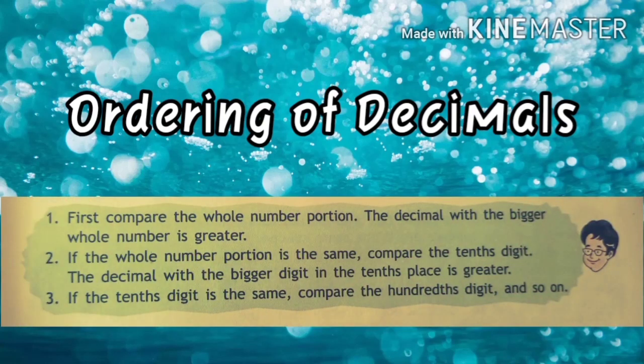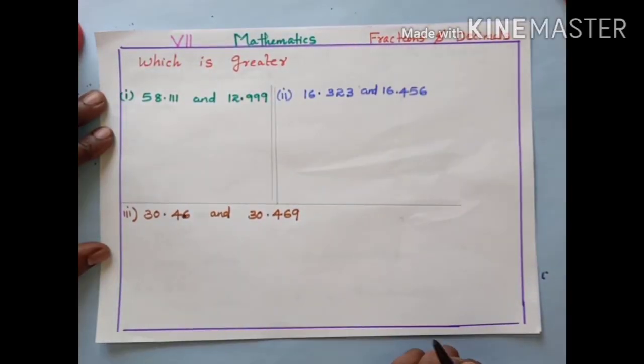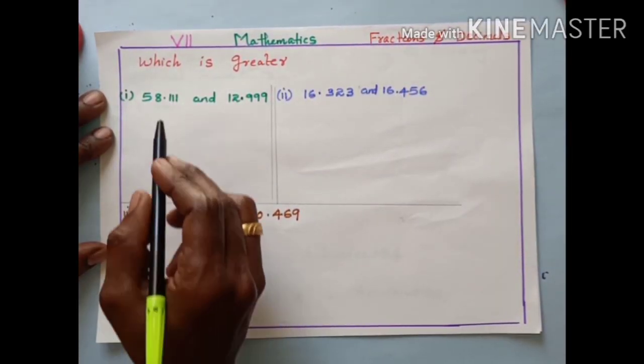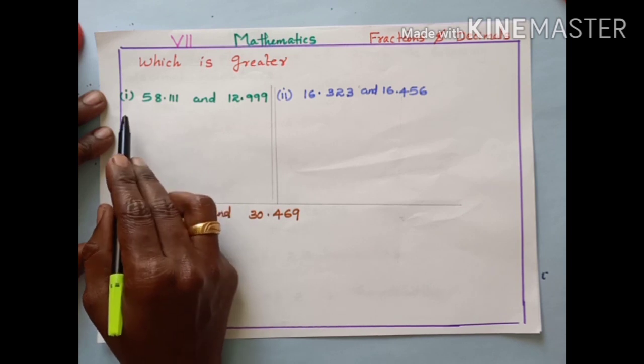Ordering of decimals. First compare the whole number portion. The decimal with the bigger whole number is greater. If the whole number portion is the same, compare the tenths digit. The decimal with the bigger digit in the tenths place is greater. If the tenths digit is the same, compare the hundredths digit and so on. Okay students, shall we do the problems? Which is greater? First question is